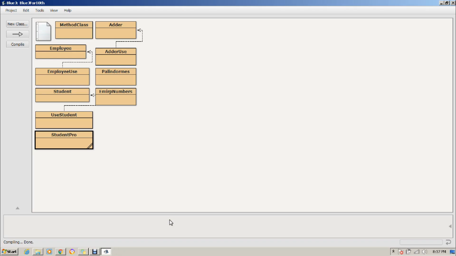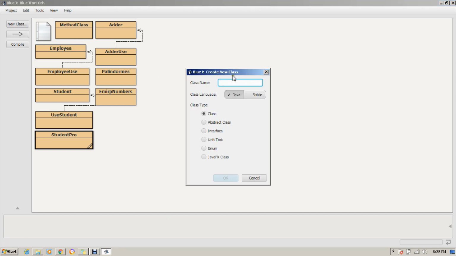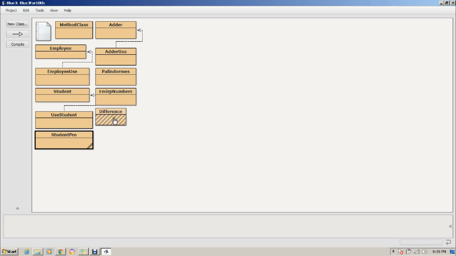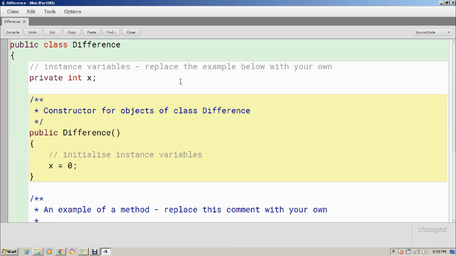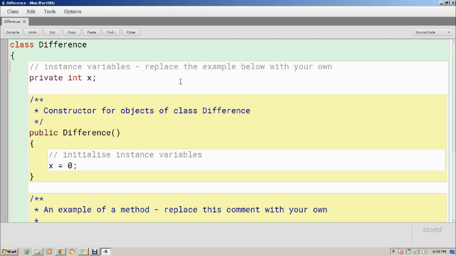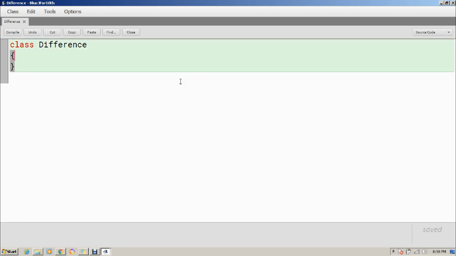Hello students. So today in our practical session, we are going to understand what's the difference between value type and reference type according to the logic that we have understood in the theory section. So in this program, I am going to explain the difference. First of all, I will create a value type and then I will create a reference type, and then you can understand the difference between them. Okay, so here it is.